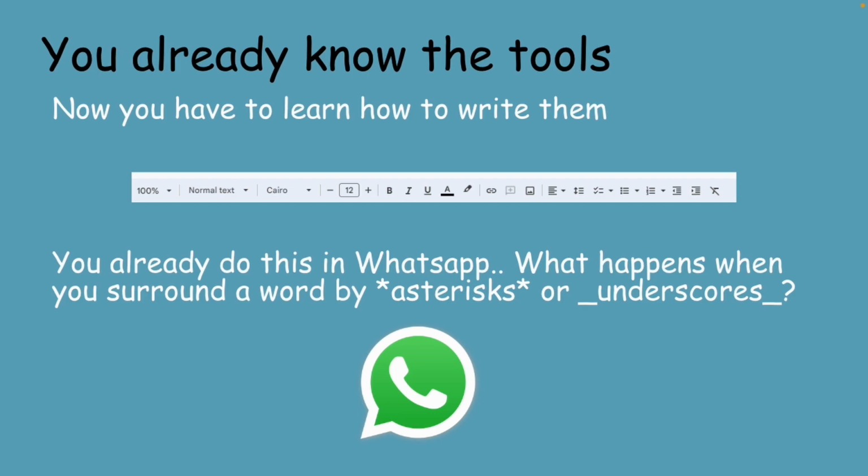You already use a different type of markup. HTML stands for hypertext markup language. You use markdown in WhatsApp, for example, when you surround text by asterisks, it becomes bold, right? When you put an underscore, it becomes italicized, and so on. Markdown is basically the same thing,